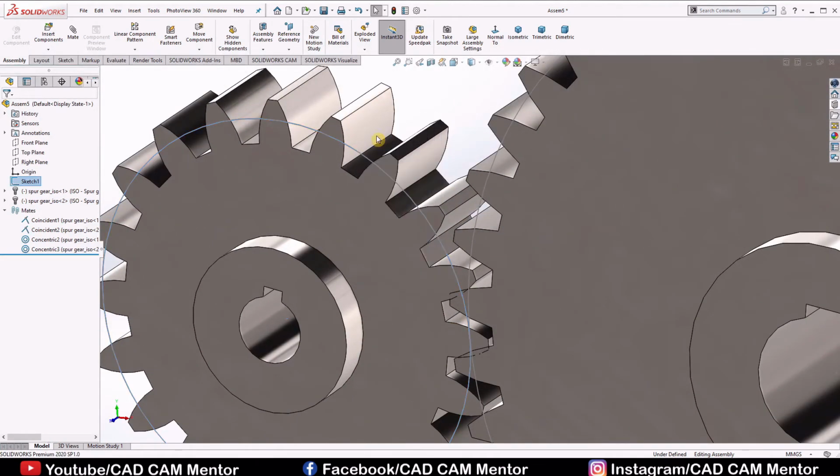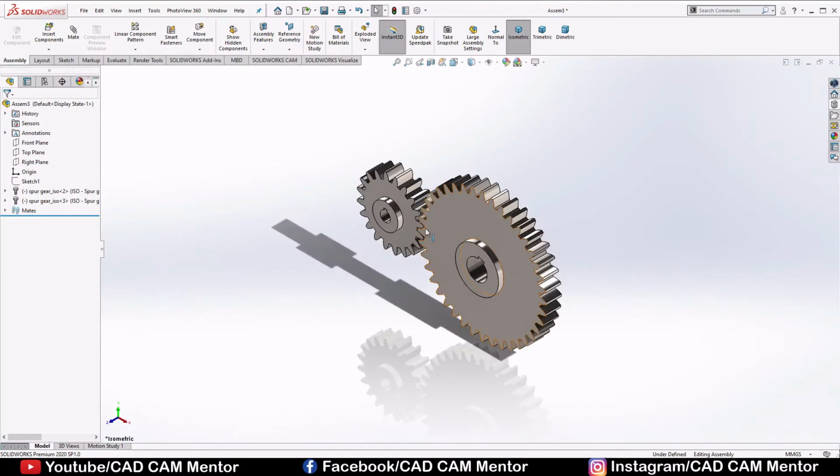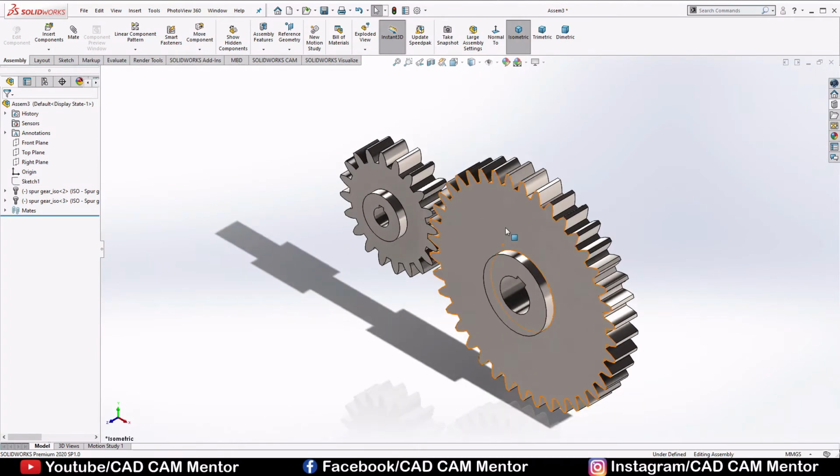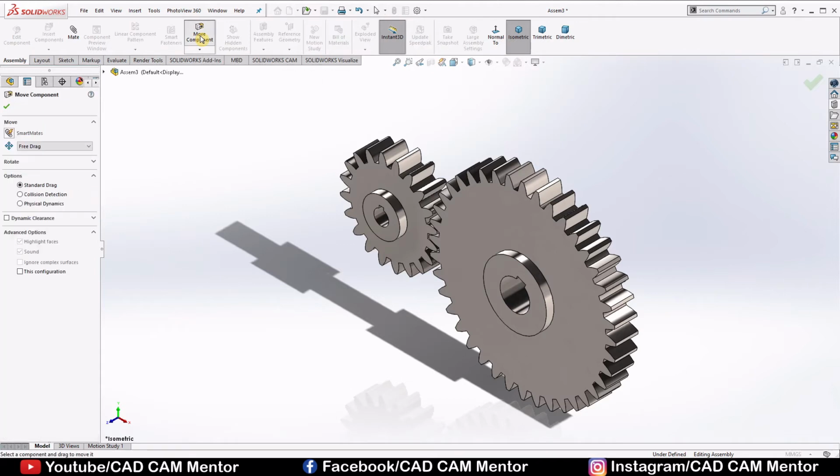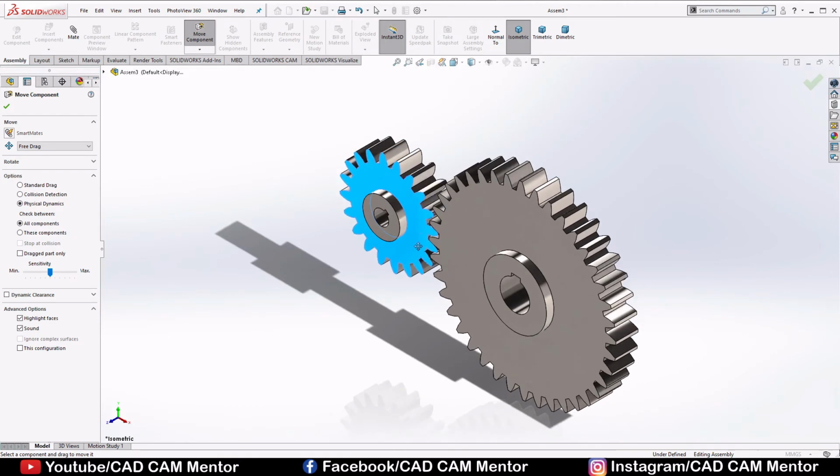Hide this sketch. Select move component. Select physical dynamics. Try to move the gear. If the gear is not meshing properly, then system will detect collision. Our gear looks perfect.